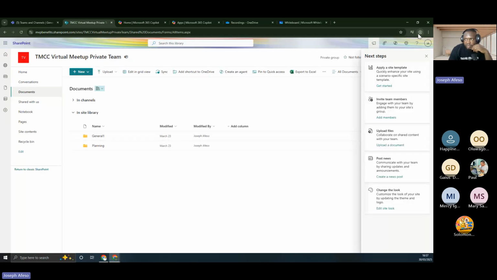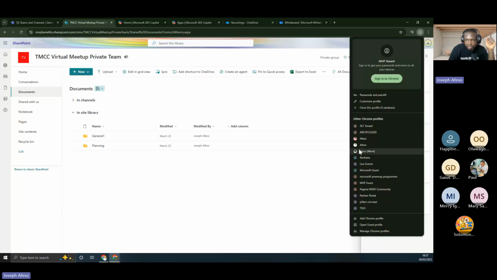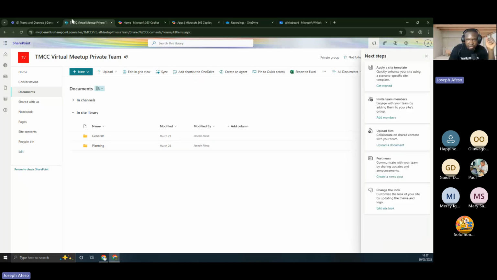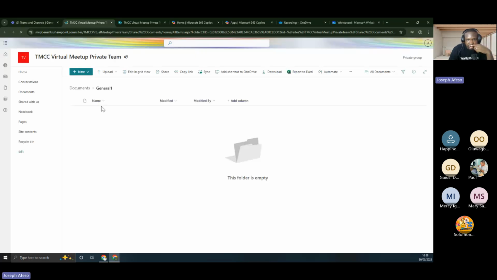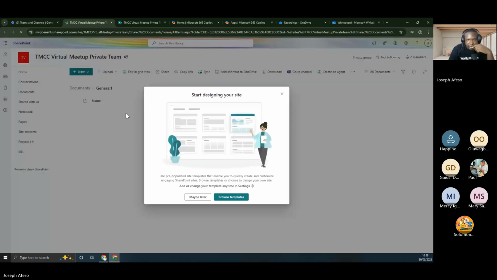So you just have that saved to the corresponding SharePoint site. How you got here was not stressful: just go to Open in SharePoint, and then you will automatically see yourself within this place, and that's it.